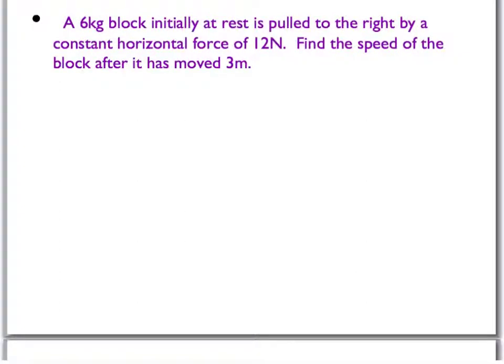Let's try a few examples utilizing the work-energy theorem. Here we have a 6 kilogram block that is initially at rest on a surface, and it's going to be pulled to the right by a constant horizontal force of 12 newtons. We of course know that we still have the gravitational pull on this object and a normal force on this object as well. And we're ultimately looking for the speed of the block after it has moved through a displacement